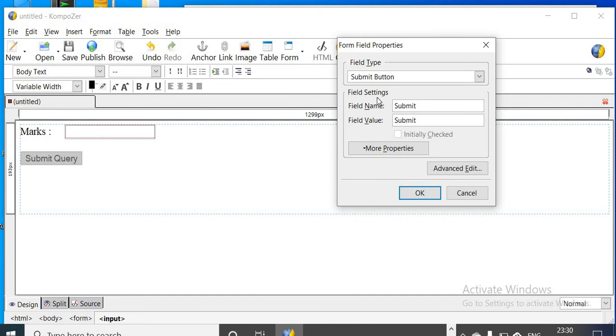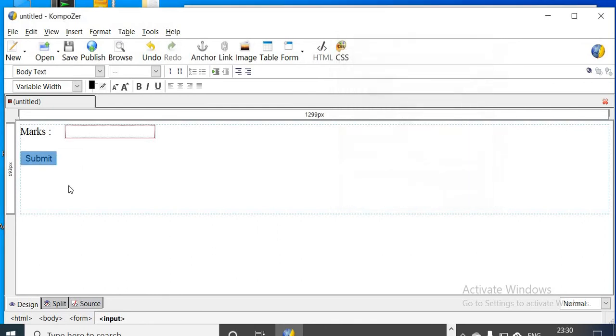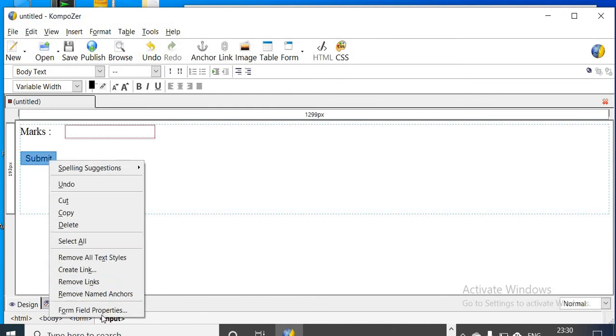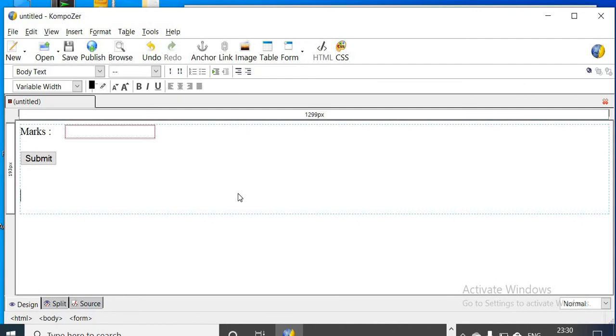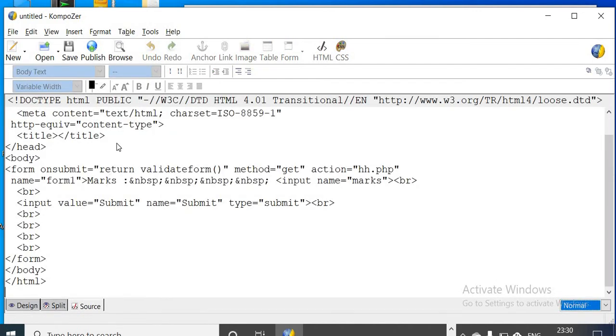From the beginning, when you are creating, you select submit button, field name you write submit, field value you write submit and click on OK, then this type of submit button will be created. And if submit query comes, not to worry, right click the form field and change the name and the value of the submit button.